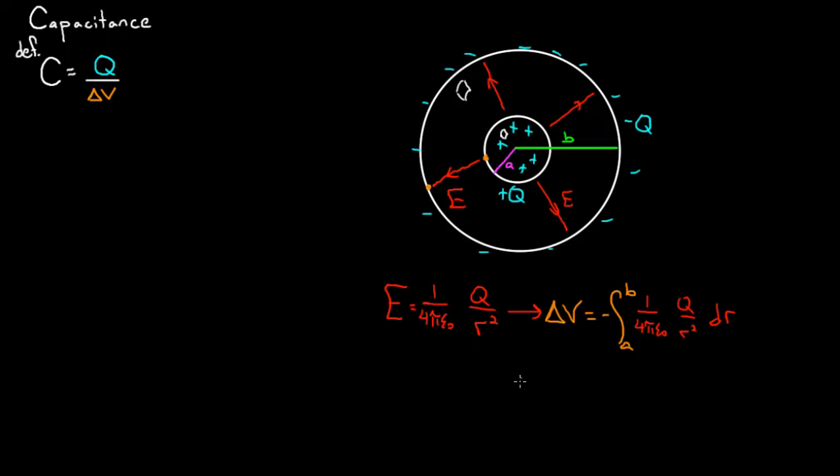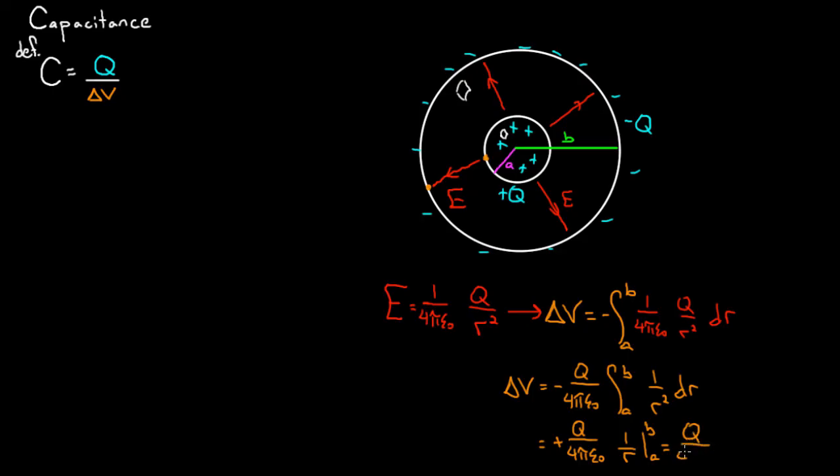So now I do my integral. I'm going to get that the voltage is going to be negative. I can pull all the constants out. Q, I can pull out 4 pi epsilon naught. What I end up with is the integral from A to B of 1 over R squared dr. And so the integral of 1 over R squared is going to be negative 1 over R. So I'm going to get negative of another negative that pops out of there, so that's going to be positive, Q over 4 pi epsilon naught, and then I get 1 over R evaluated between A and B. So this is just going to be Q over 4 pi epsilon naught, and then I get the quantity 1 over